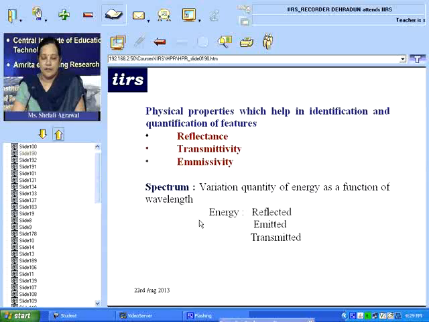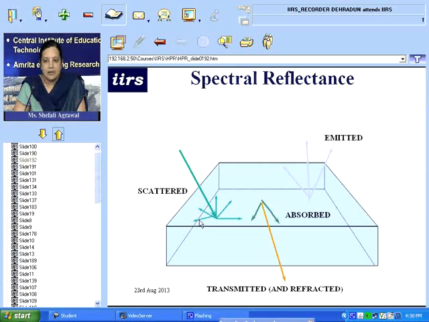So first of all, from the previous lectures on remote sensing, the physical properties which help in identification and quantification of features are primarily three properties: the reflectance characteristics, transmittivity, and the emissivity. So any interaction between the electromagnetic radiation and the Earth's surface feature, you get three interaction mechanisms, which is the energy is scattered